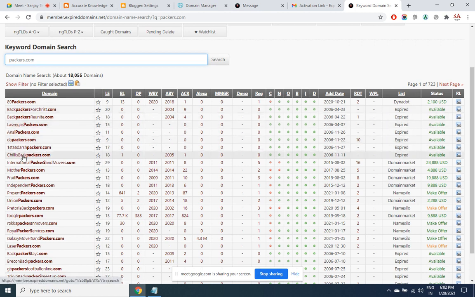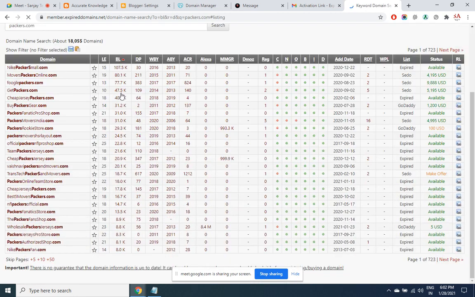So within this, if you see, backlinks here are all 0, though they are available for regular price. You can make use of the ascending descending option. Now look at this domain, NikePackersMall.com. Backlinks are heavy, available for regular price, and quite an old domain. But the thing is to check whether it is spam or not. For that, what I do is copy this address.